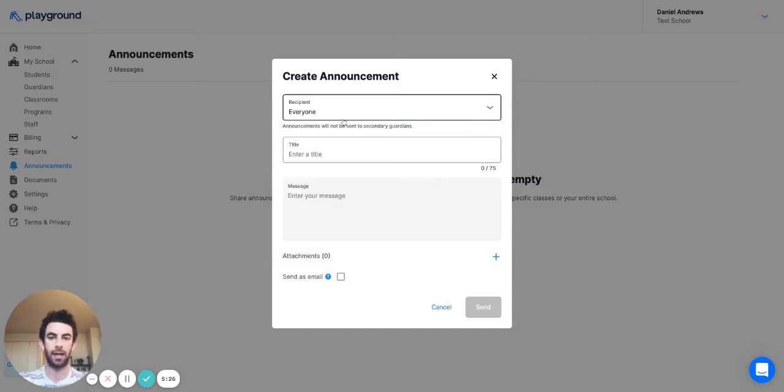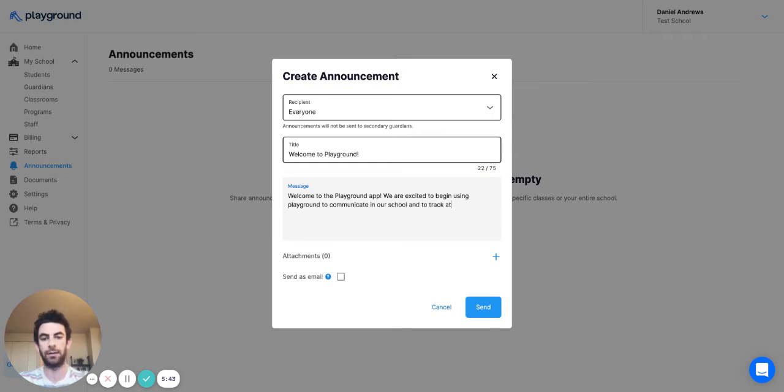Right now I'm going to send an announcement to everybody saying, welcome to Playground. Welcome to the Playground app. We are excited to begin using Playground to communicate in our school and to track attendance. You can also add in attachments. We support images, videos, documents, PDFs, anything that you want, you can attach, and that will show up on the